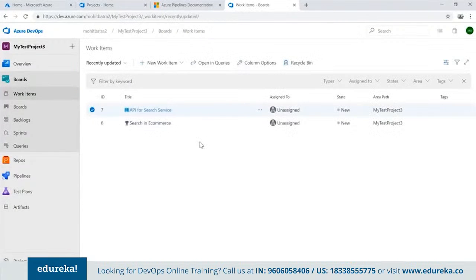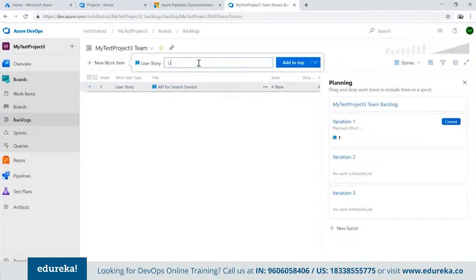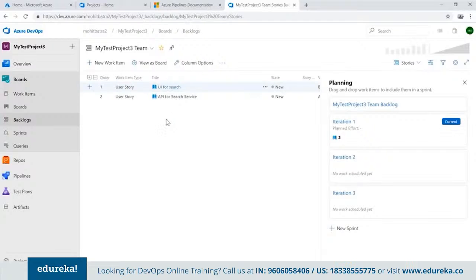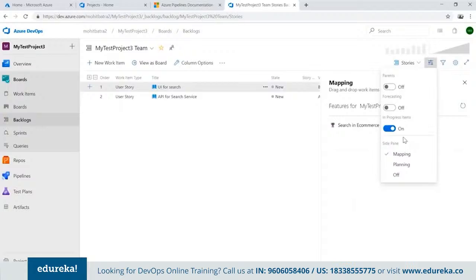Go back to the work items. So right now this is showing us separately, but once we go to the boards, let me go to the backlogs first. What you will see here is all the different stories which are available. Now this is something on which we want to work. Let me add one more story here, new work item, and let's say UI for search. Okay, let me add this one. Now what you see here is we have created two stories. In the first sprint, or basically on the planning side, let me just open it up and